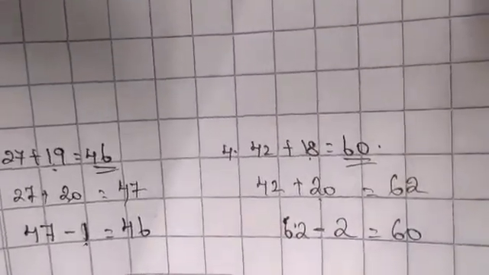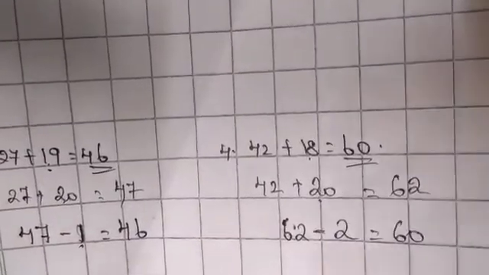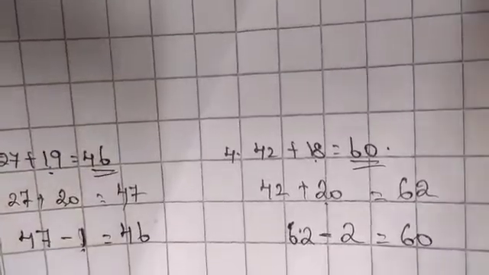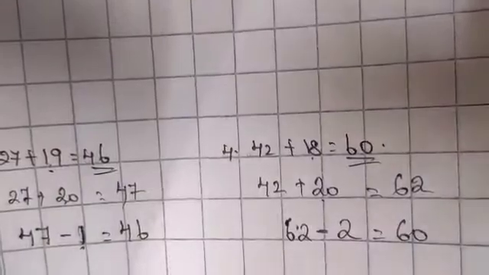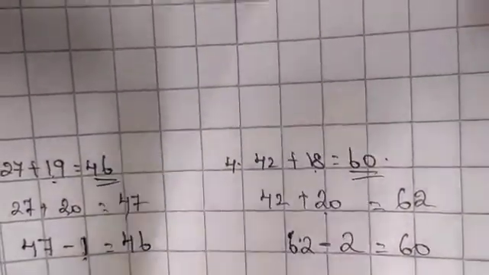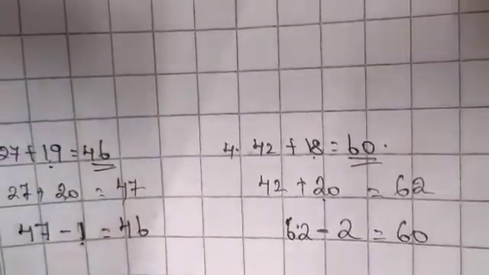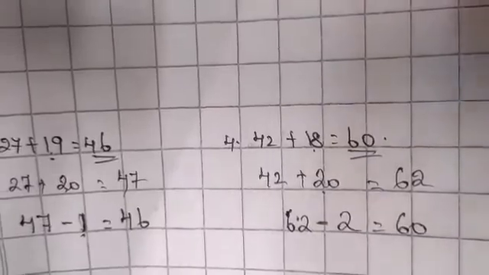So to get the answer in an easier way, you have to add 20. Then you subtract: for 19 you have to subtract 1, for 18 you have to subtract 2 from 20. So you will get the answer very soon. So children, now one more example I am going to show you. Open your content books, children.